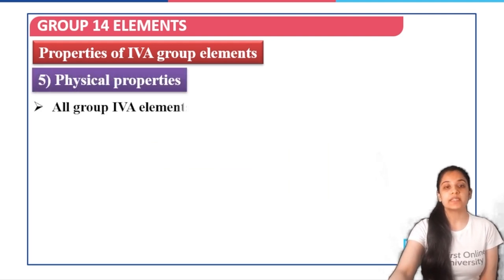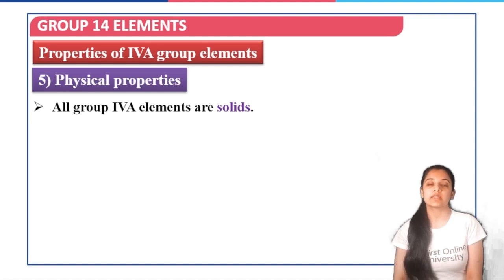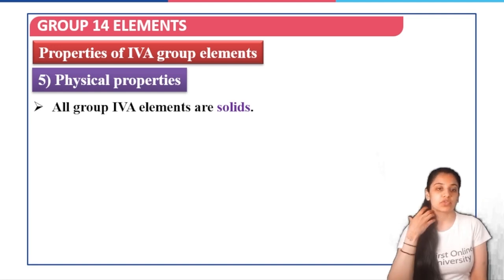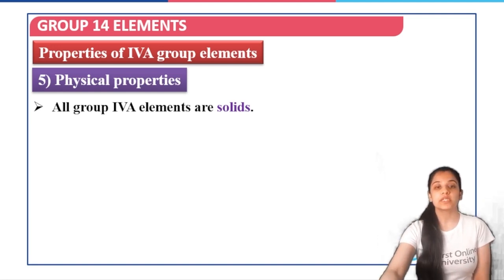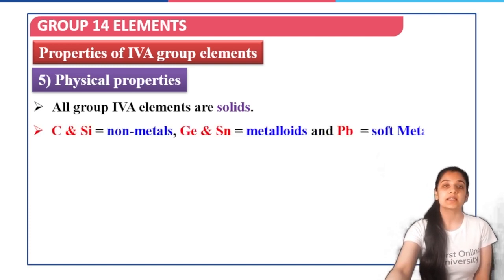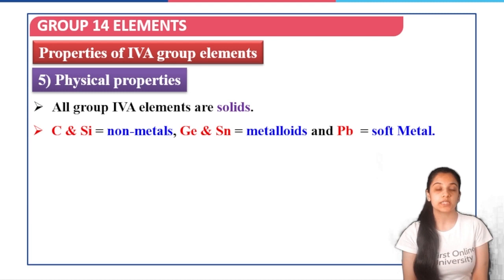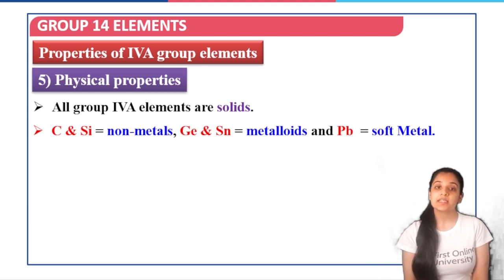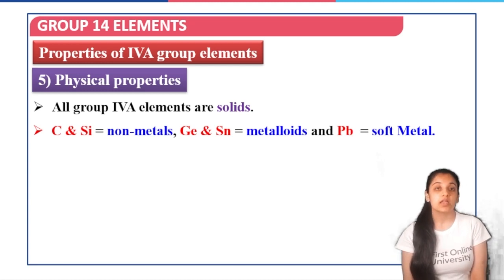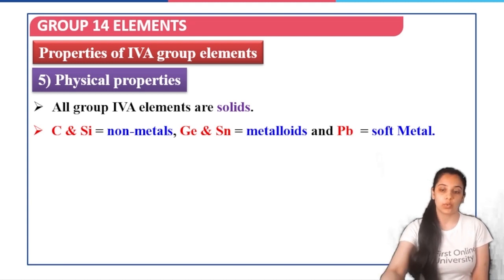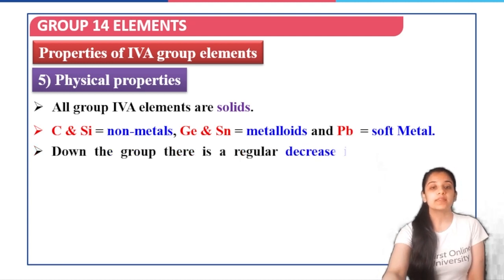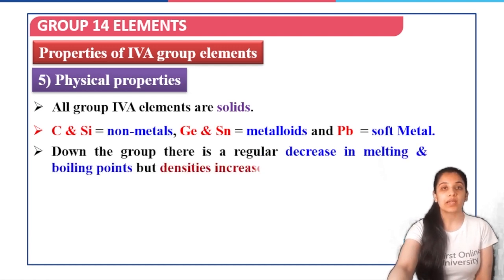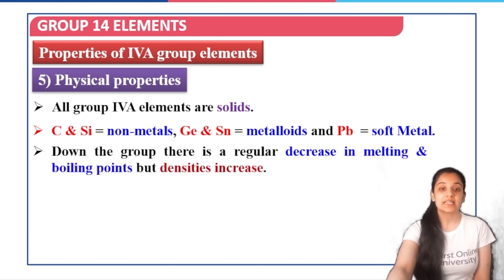Next physical property. So in general, if you look at the appearance of these, all the group 14 elements are solids. Okay. Carbon and silicon. Now this is a very important part here. Carbon and silicon are non-metals. Germanium and tin are metalloids, and lead is a soft metal. Okay. Then down the group, there is a regular decrease in melting and boiling points, but the densities are going